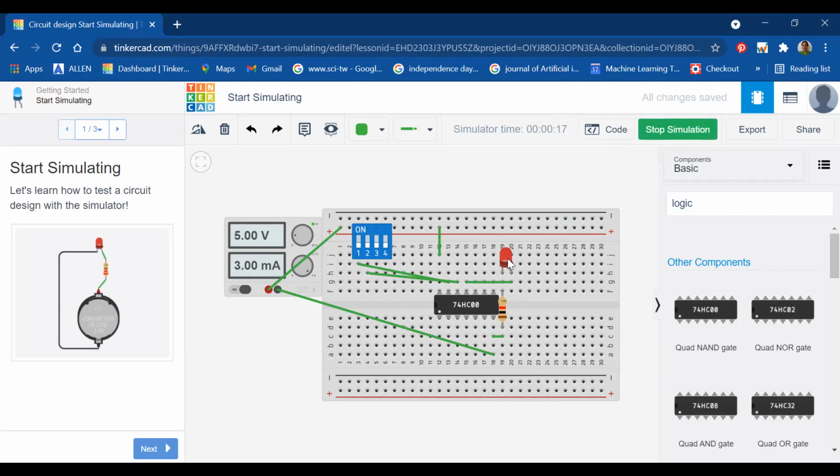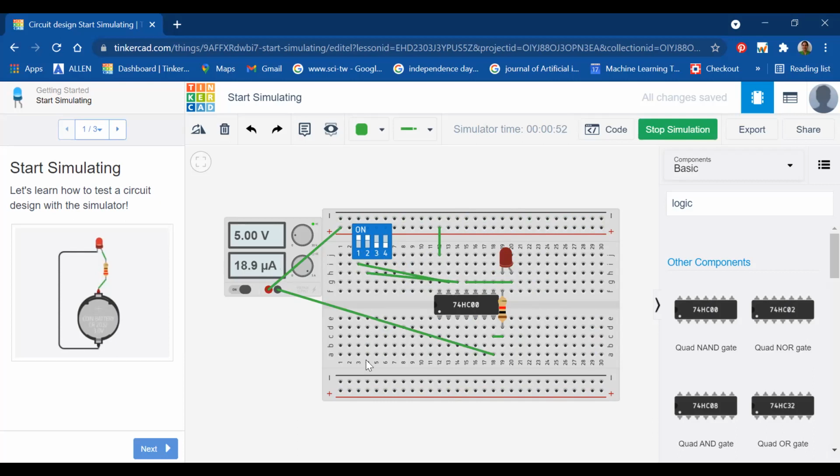Because that is the opposite of the AND gate. So if I make it 1 0, that is, this is my 0 position, this is my 1 position, so 1 0, again it is glowing. Now if I make it 0 and make this one 1, so 0 1, again it is glowing. Now let's make both of them 1, and here you can see my LED has stopped glowing. So what is the truth table? For 1 1 it is 0, for 0 0 it is 1, for 1 0 it is 1, and for 0 1 it is 1.